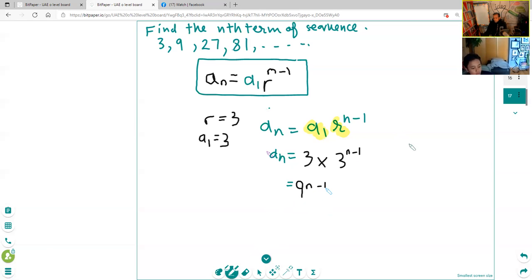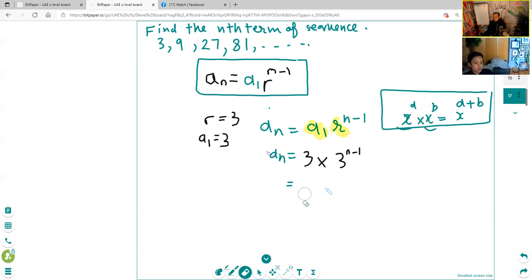No, it is wrong, okay? You understand this formula? There is x raised to the power a and x raised to the power b. Then we add the powers. We will not change the variable, we just add their powers. This is the formula. Here your base is 3, you should write 3 and add the power. Add the power of 3.